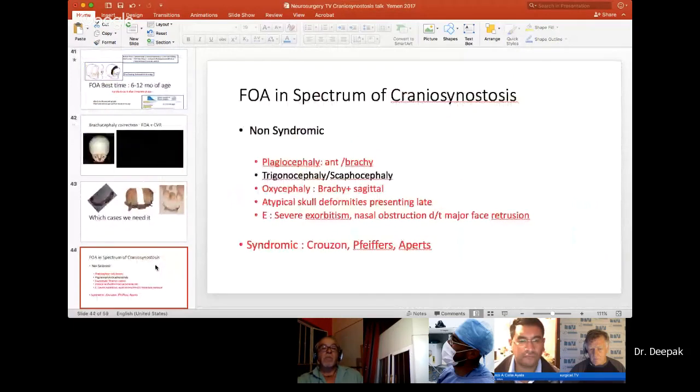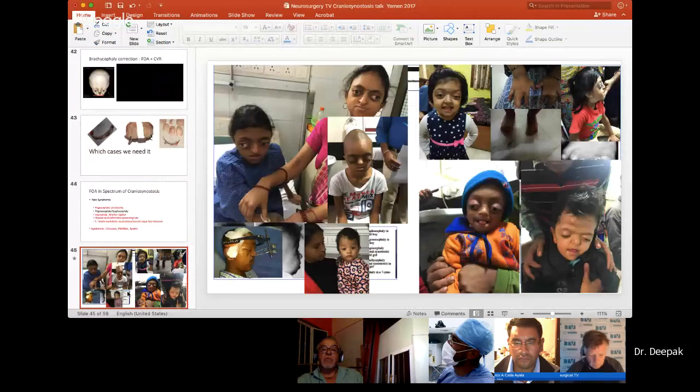So most of the patients of syndromic and some of the patients of non-syndromic, especially plagiocephaly, trigonocephaly, oxycephaly, they need a frontoorbital advancement. And these are a few syndromic variants of Apert's, Crouzon. In fact, this girl came to me at the age of 15 years, and I did just a frontoorbital advancement and some amount of CVR in this patient, and now she's waiting for midface distraction for taking care of the process further. This is another child with significant Apert's, and we operate.